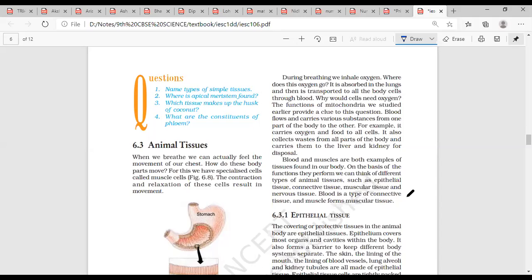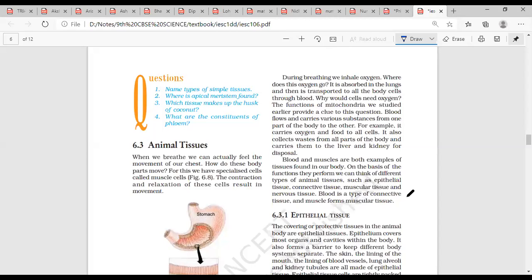The epithelial tissues, that is our skin, the outer covering of our body, even the outer covering of different organs, are made up of epithelial tissues. Every organ's outer covering is just like the wall of our house. We are living inside the house. The walls of our house are the protective tissues. Inside, every room is separated from other rooms with the help of walls. One house is separated from another house with the help of walls. So these wall-like structures in our body are called epithelial tissues.